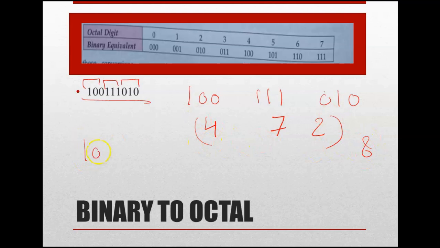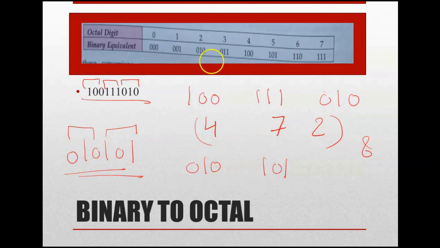Well, you can imagine, suppose something like this is given. So in this you can see we don't have a total of 6 digits. Okay, so what you will do, you will go for the sections, the grouping. So 1 0 1 will be separated, then only 1 0 is there, so you can fill a 0 here just to complete it. So 0 1 0 is 2, and then 1 0 1 is 5. So the octal conversion for this is 2 5. Okay, so I hope you are clear with this. How can we convert binary to octal and octal to binary?